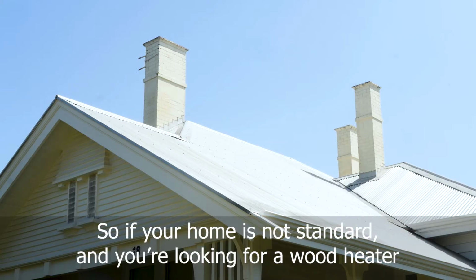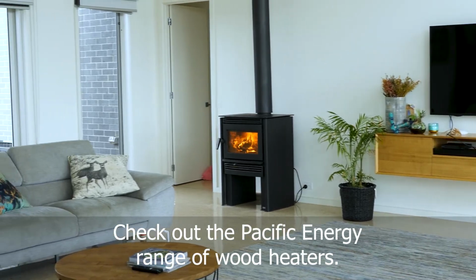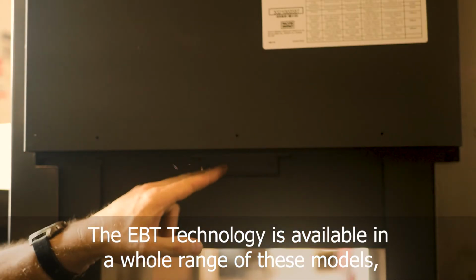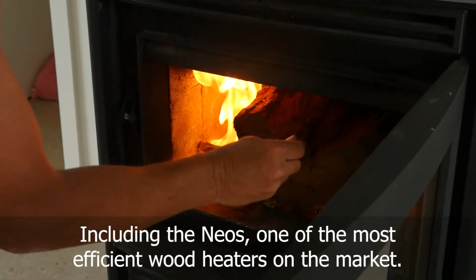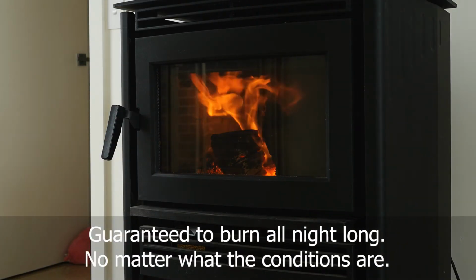So if your home is not standard and you're looking for a wood heater, check out the Pacific Energy range of wood heaters. The EBT technology is available in a whole range of these models, including the Neos, one of the most efficient wood heaters on the market. Guaranteed to burn all night long, no matter